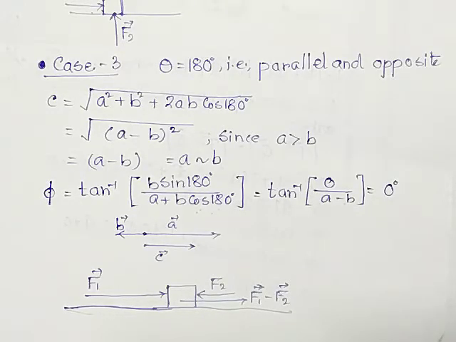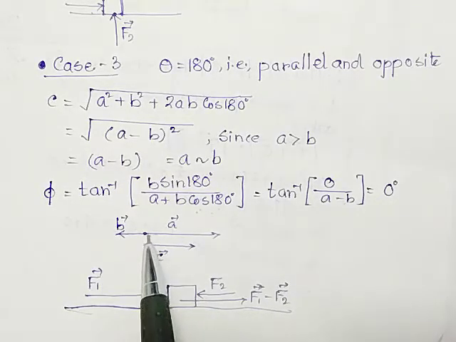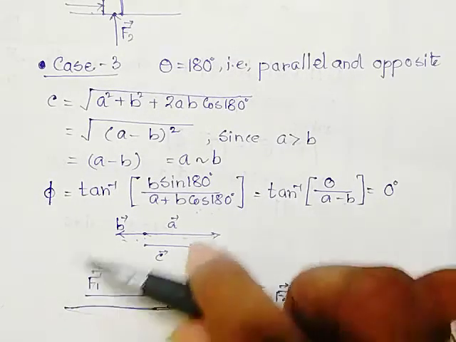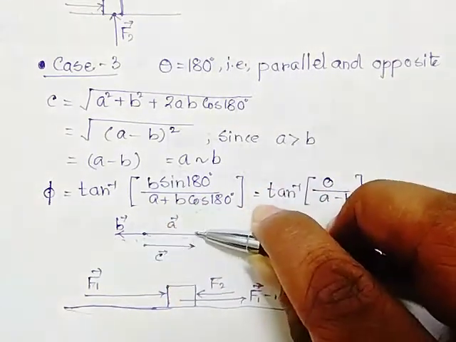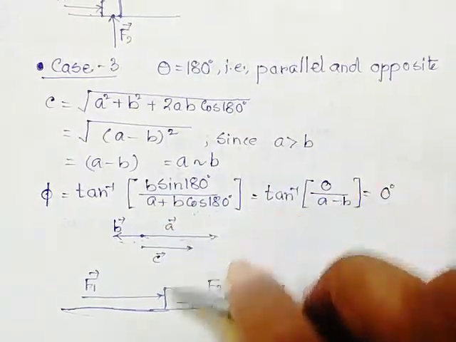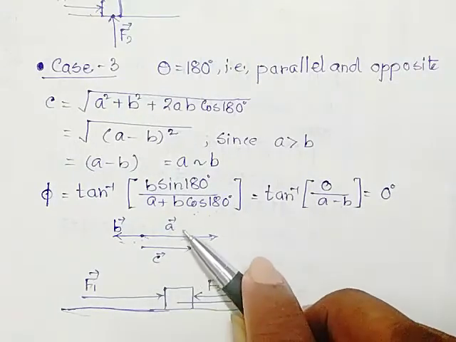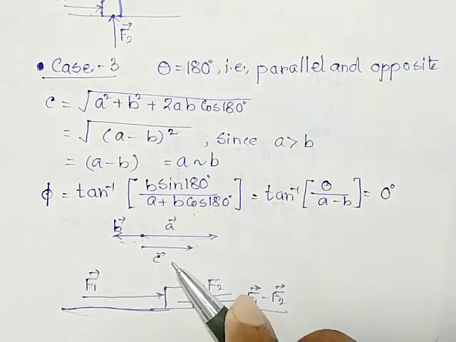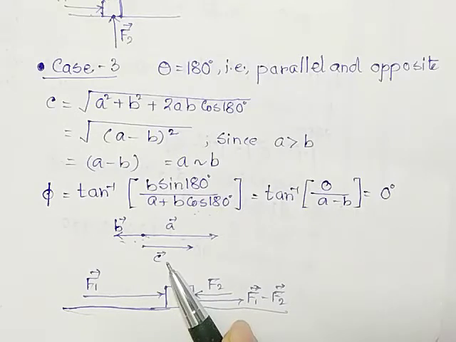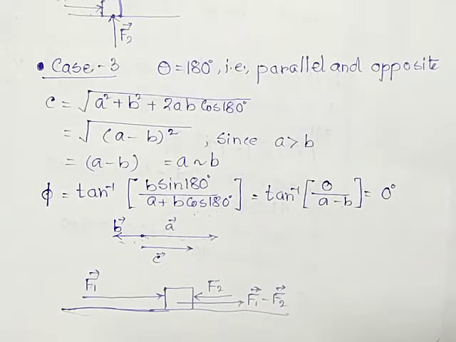So the resultant vector is along the direction of that of the larger one, you can say that is parallel. It is evident from the diagram, that is a vector and b vector. So just see, this much is a vector, this much is b vector. If we just subtract this much amount here, then you will get the c vector. Since the a vector is greater, the resultant will be along the direction of the c vector. Just the subtraction takes place here.